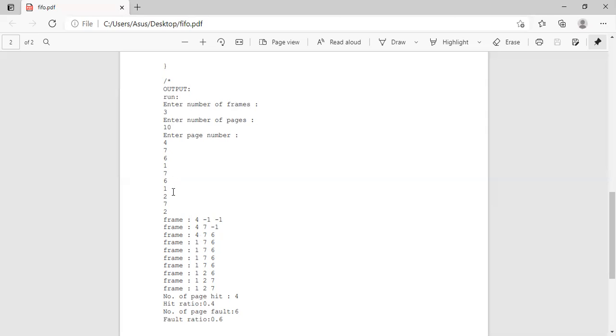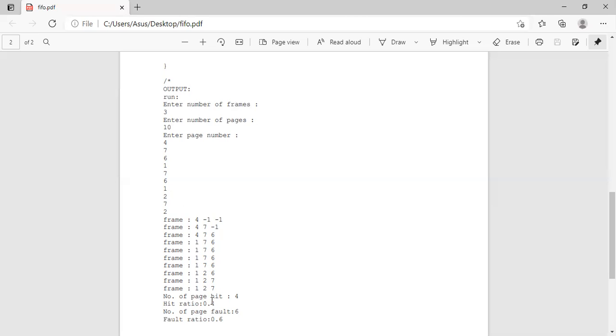Now next which we are going to insert is 1. 1 is already there, so we are not going to insert it. Next, 2 is not already there, so we insert 2 instead of 7. After that, 1 and 2 are as it is, so there is no need to insert. And 7 we are going to insert in the third position, following the sequence. So 7 we are going to insert.